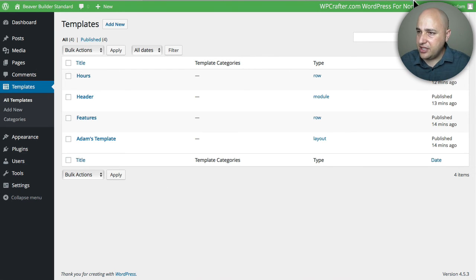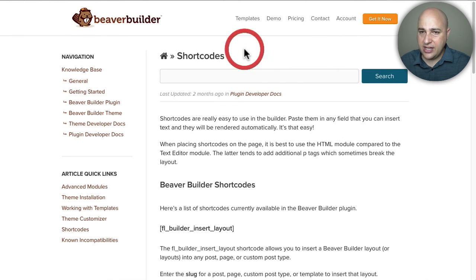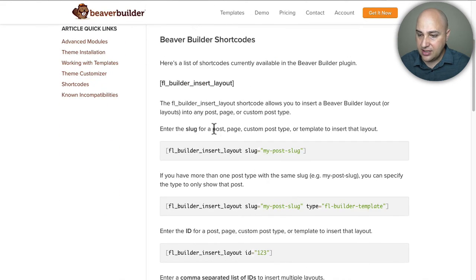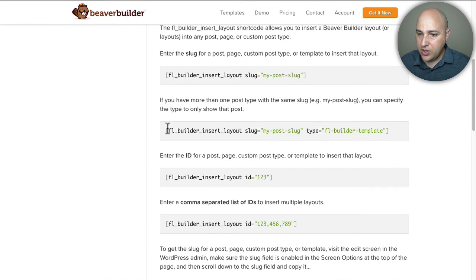Now let's take a look at the special page that is right here on the Beaver Builder support site, and I'll put a link to this down below, and you can also find a link to this on the page on my website dedicated to Beaver Builder, the Beaver Builder resources page, and it's about short codes. So essentially you could read this, but all you need to know is this is the format of the short code, and it shows you 4 different options. I would not use the first one because you could run into some problems. I would just use the second one.